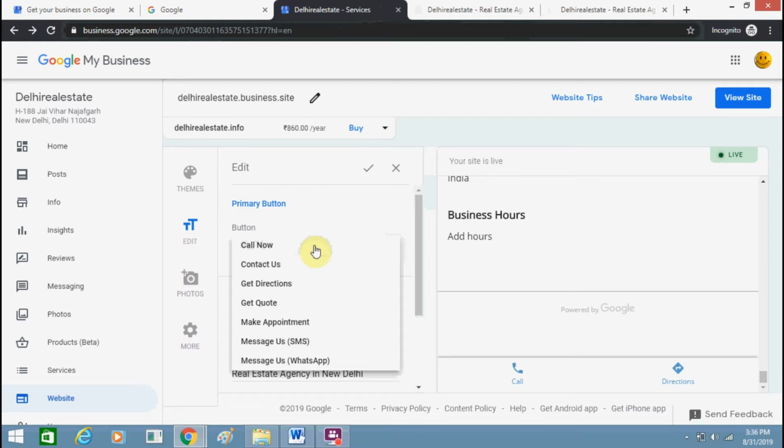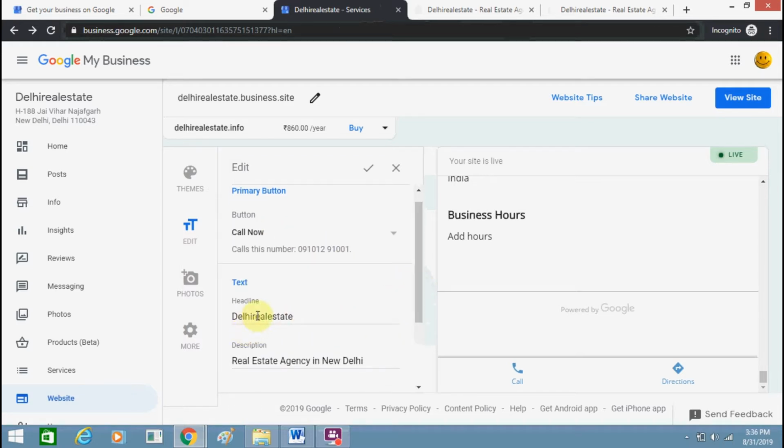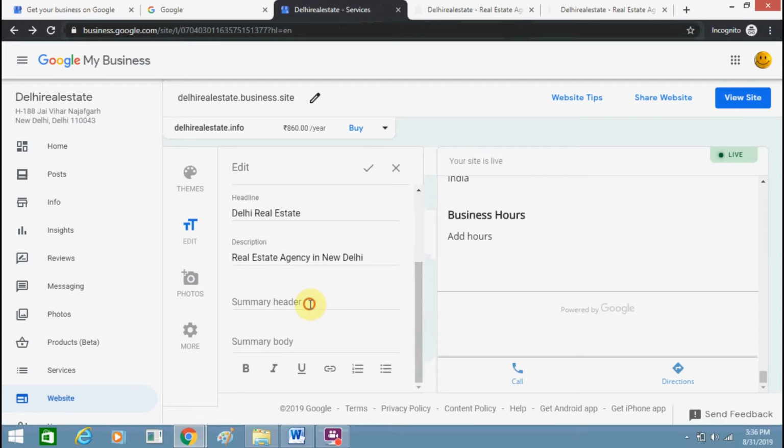You can change the call option as well. There are so many easy to use customization options available. You can add a title and description as well for SEO purposes, and all these customization options are available for anyone who doesn't have technical knowledge. In websites you need coding to make changes, but here anybody can do it.